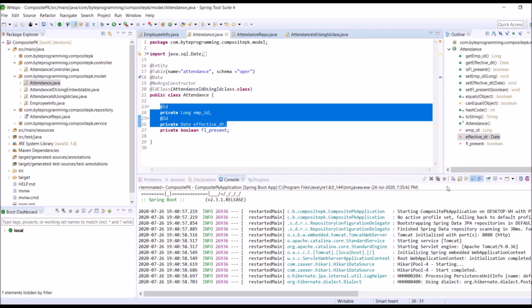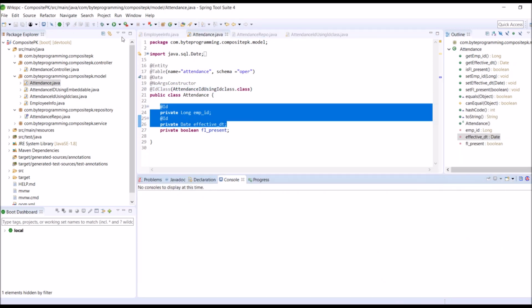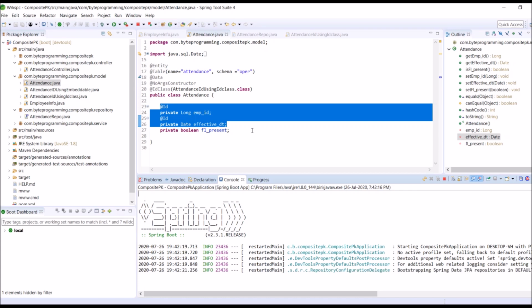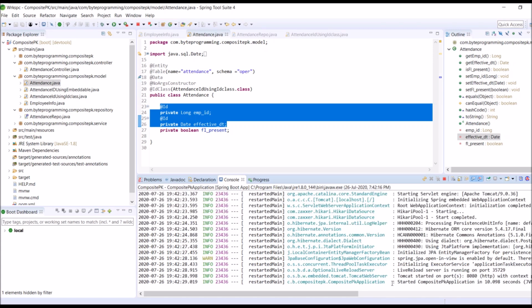Let's run the server again. In the console, you can see our application has started on Tomcat port 8080. So let's go to Postman.